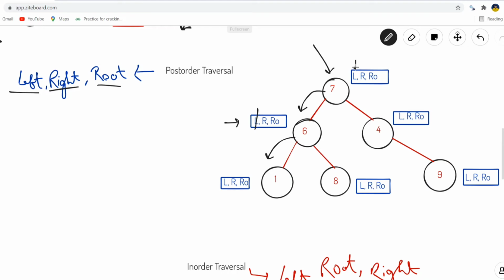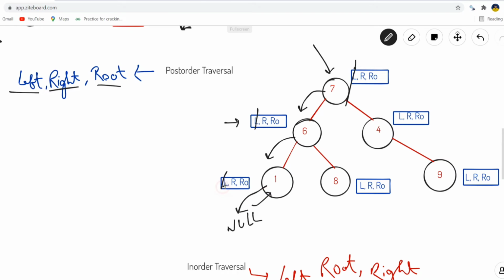So probably I'll be moving in the left direction. So I've completed left of node having value 7 and I have completed the left of node having value 6. Now again in node 1, I need to check for the operations. So I'll be performing the first operation which is there and that is left. So I'll be moving in left direction. Now if no nodes are available, it means that we have encountered null value. And the moment we encounter null value, in that case we need to return back to the caller of the node. So basically the caller of null value is node 1.